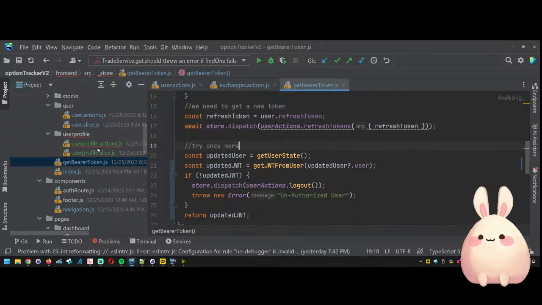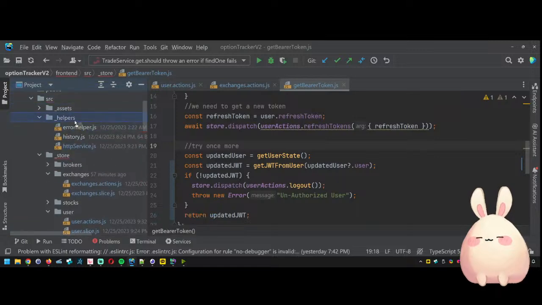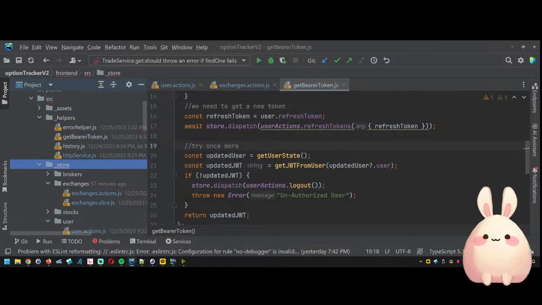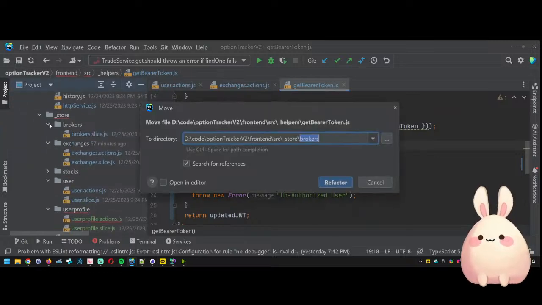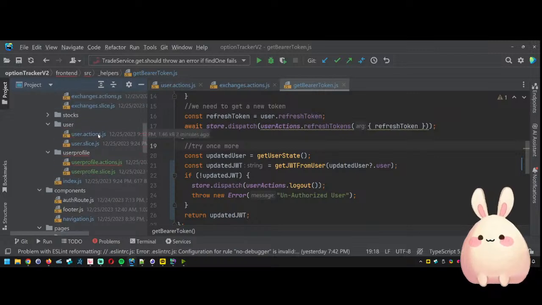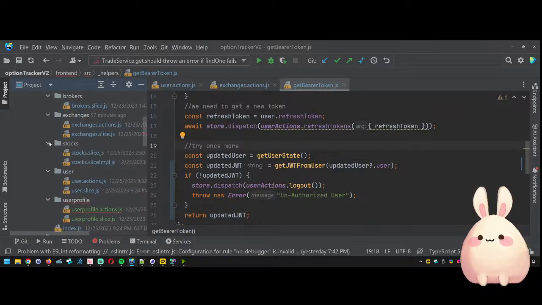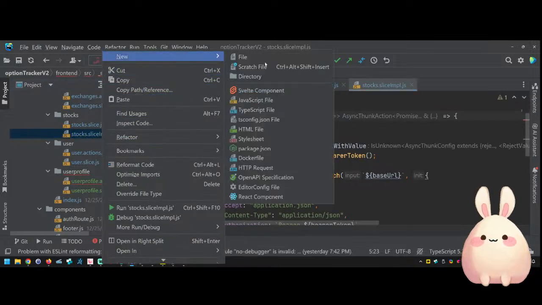I'm going to put the bearer token generator in a helper because it doesn't really belong in the store either. Let's go ahead, we finished that. Let's change our stocks to